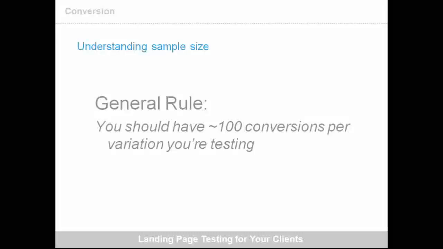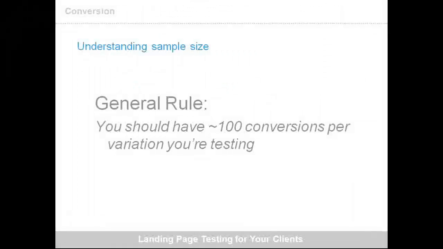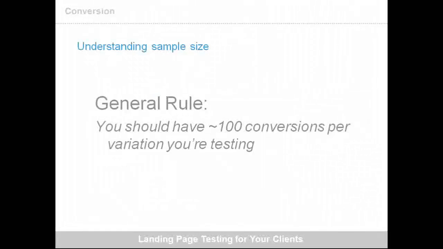Also, how confident do you want to be in your results? If you want to be extremely confident, a 50-50 split is definitely great. At the max, maybe stretch it out to 60-40, but beyond that, your results get significantly skewed. So a 50-50 is a great way to split your traffic and try your testing.